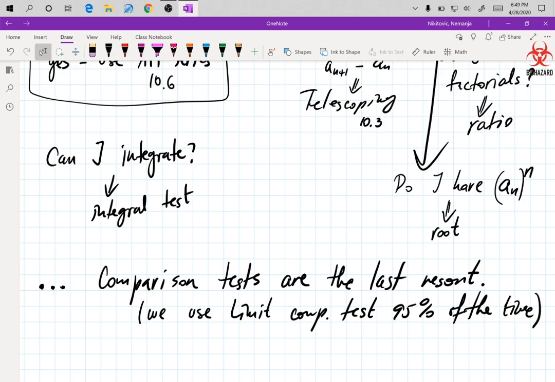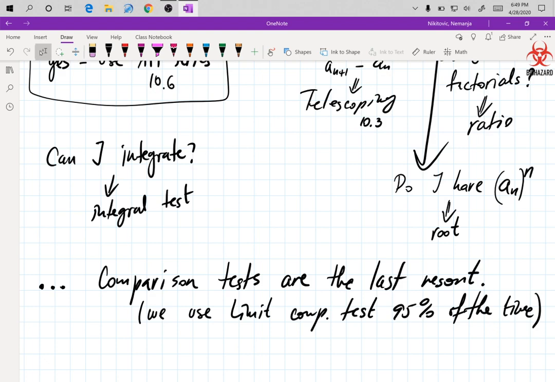And then you see that the two comparison tests are all the way on the bottom, signifying last resort. Other cool things about this chart is that they list all 10. You have what the series looks like, a condition for convergence, a condition for divergence, and then in the comments you see that only geometric and telescoping series have the